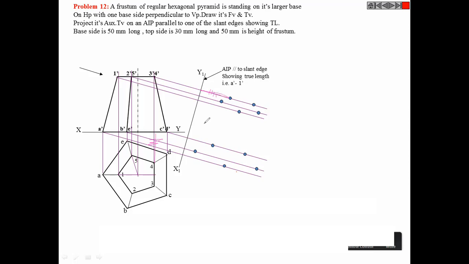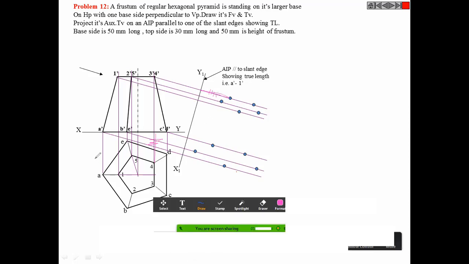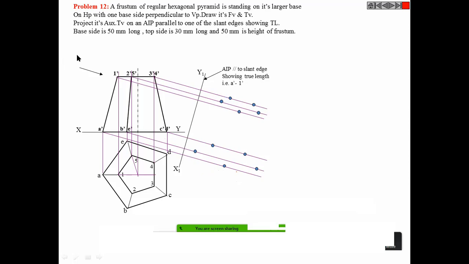Yes, sir. Okay, so you can be asked this way also: the orientation is given for your problem, and then rather than giving inclination, they may give that the auxiliary inclined plane is at some inclination with HP, draw its projection. So you have to follow this procedure. If it is with HP, then you have to measure this distance, and if it is with VP, then you have to measure this distance here, this plane. It will be inverted. Understood or not? Is there any doubt, question you want to ask in this? You may ask.